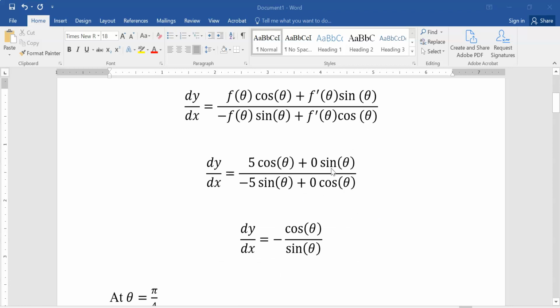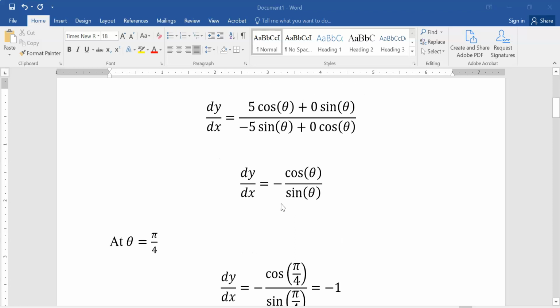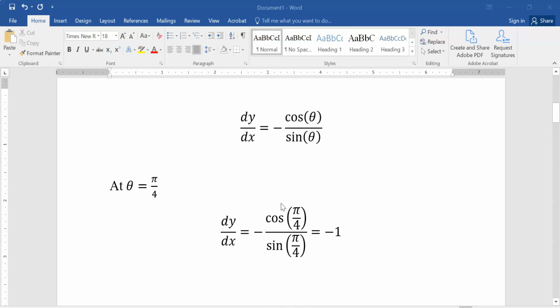Obviously, if we want to cancel and simplify, 0 times sine theta is 0. 0 times cosine theta is also 0. So we end up with 5 cosine theta over negative 5 sine theta. That's just negative cosine over sine. So that's the derivative of y with respect to x, all in terms of theta. Now, at various values of theta, we can obviously find the slope. So if we, for instance, plug in pi over 4 for theta,